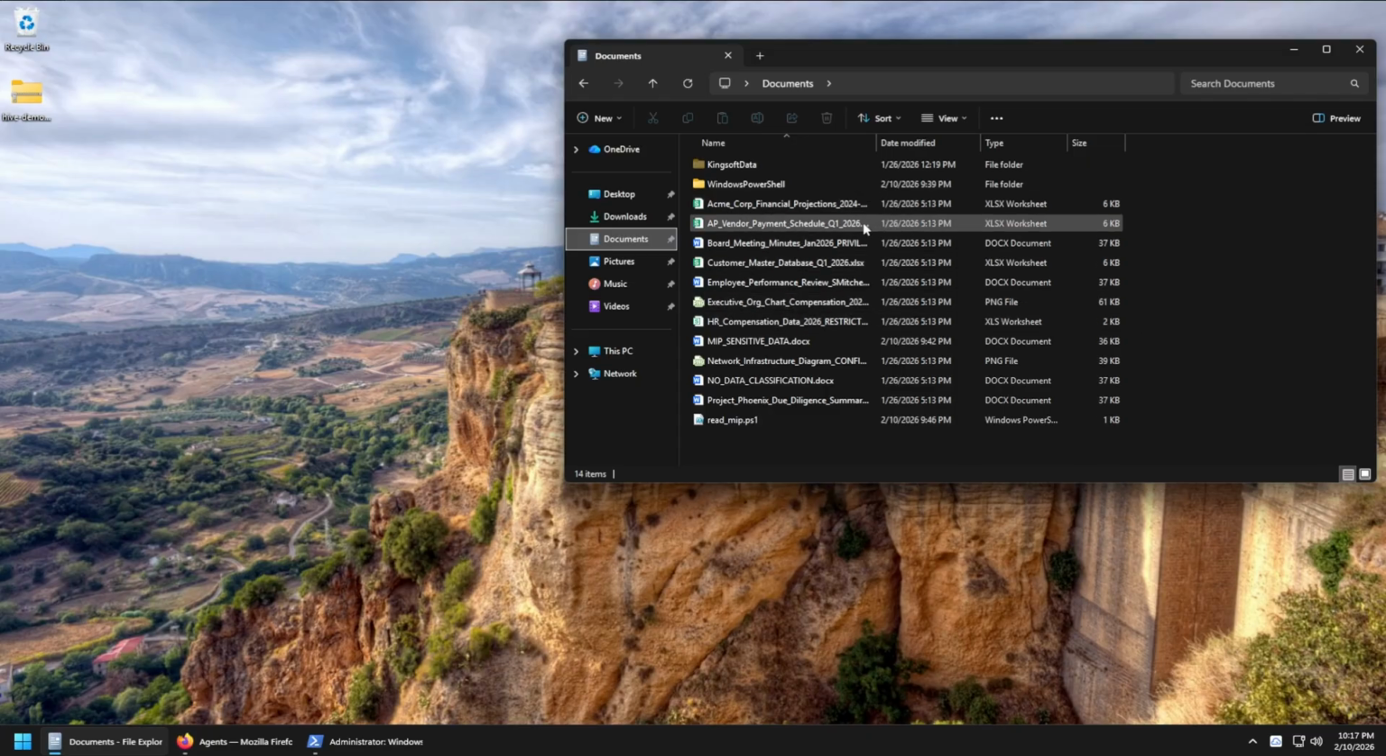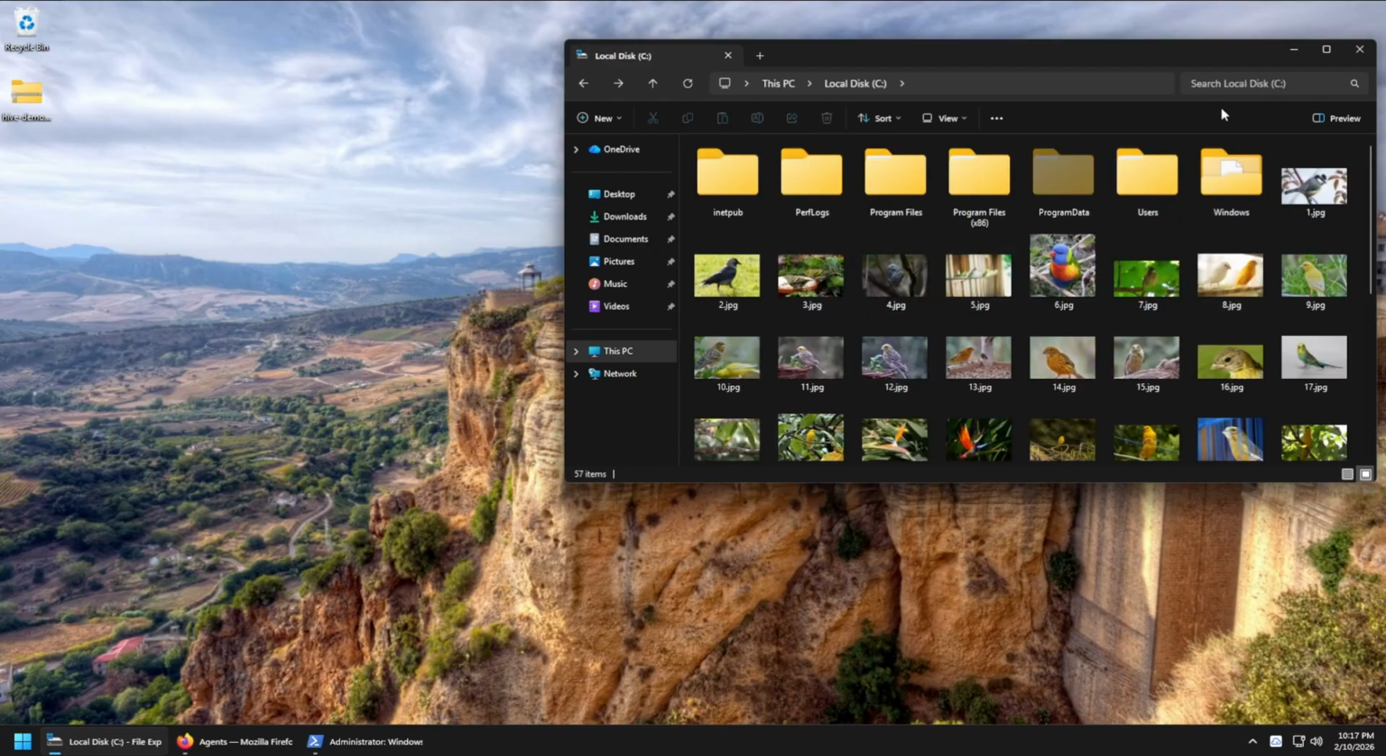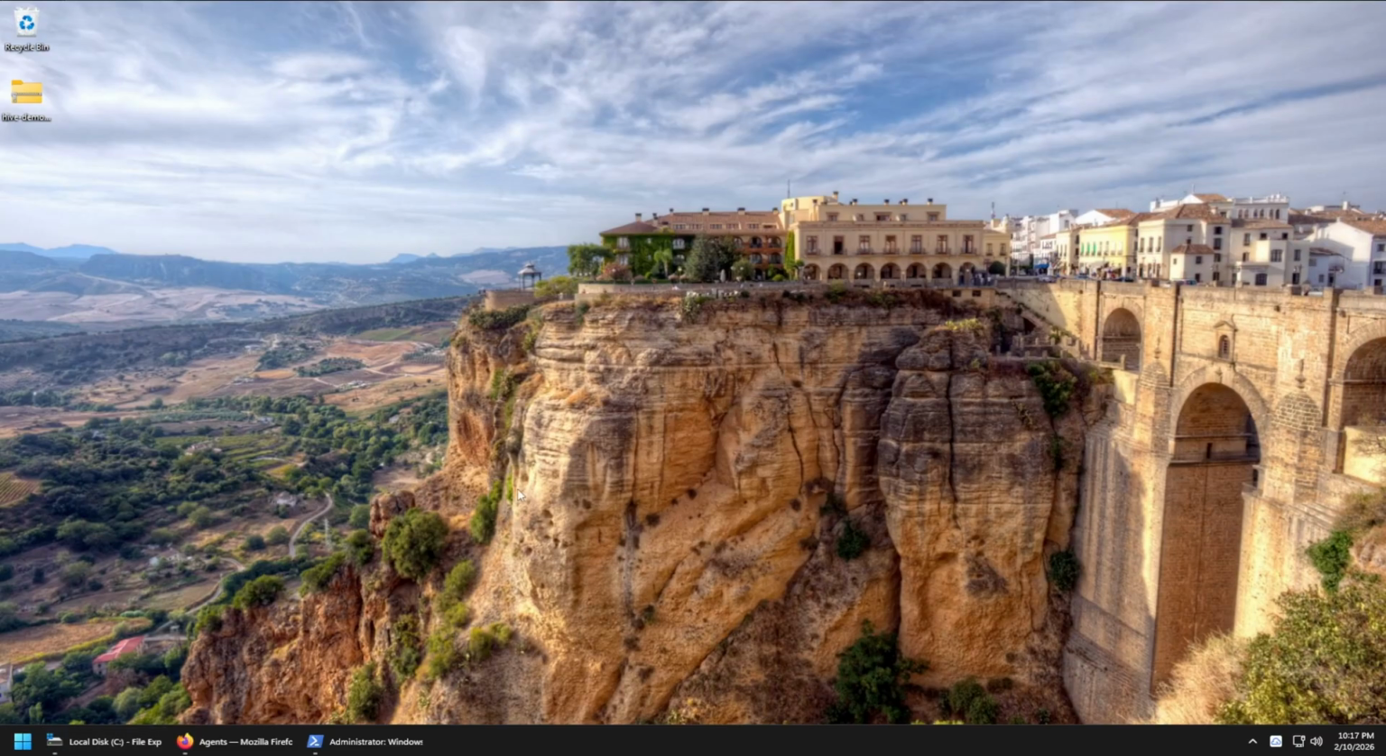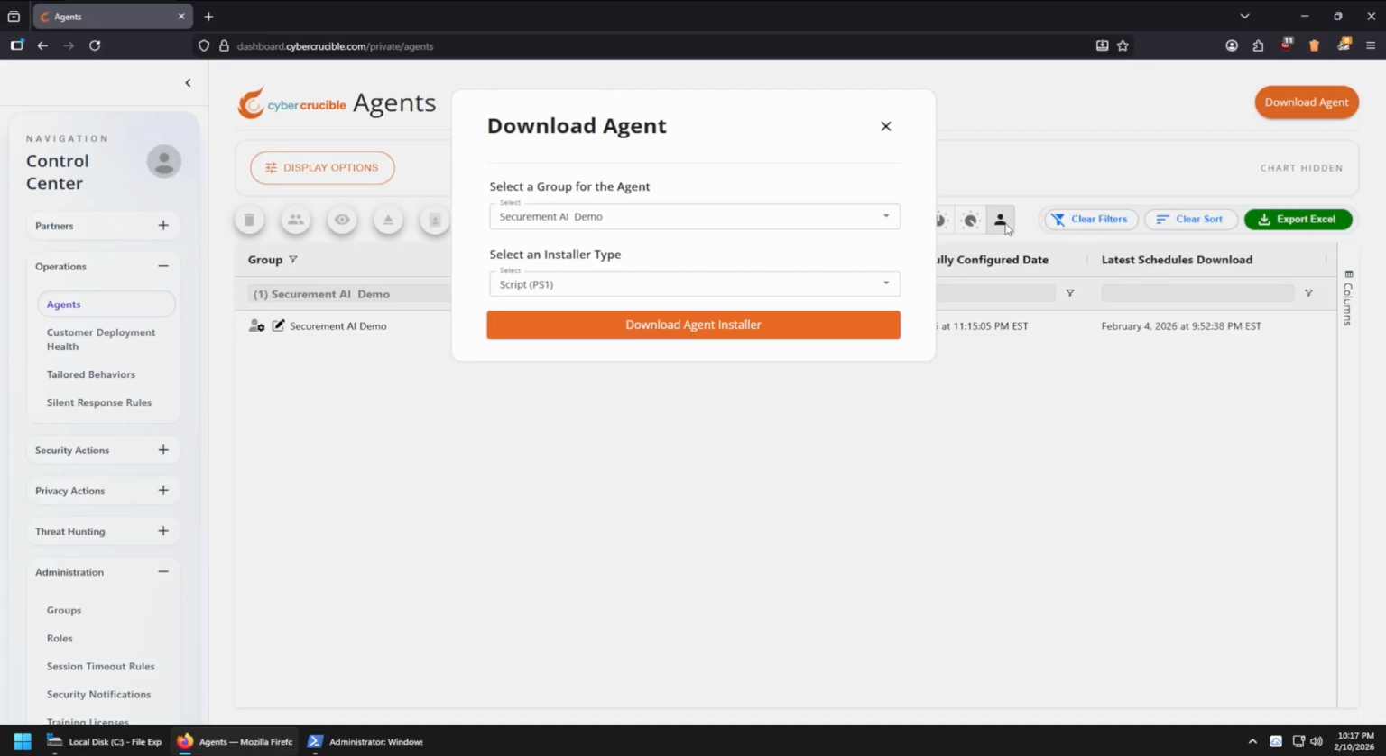In this folder, we have different types of documents with different types of protected data like PII and other protected information, some of which contain MIP labels and some of which have no data classification or MIP labels embedded inside of them, as well as a PowerShell script which can be used to read the MIP labels from any local file. So to go ahead and get started, I'm just going to start installing Cyber Crucible, which is a